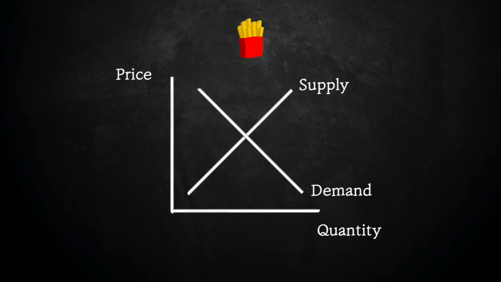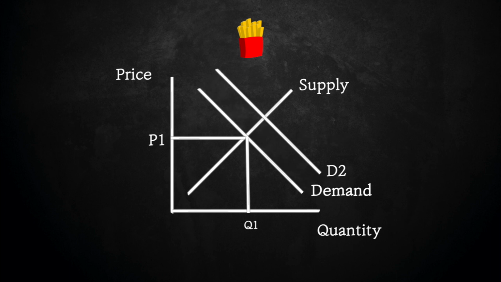So here's the supply and demand curve, and there's this equilibrium point right here where producers and consumers agree on a price and quantity. And this is where the market operates. But for some weird reason, demand shifts to the right, meaning that it was influenced by some non-price factor. Referring to the previous video, Snoop Dogg could have live-streamed himself having a bag of chips, causing the demand for the chips to increase drastically.